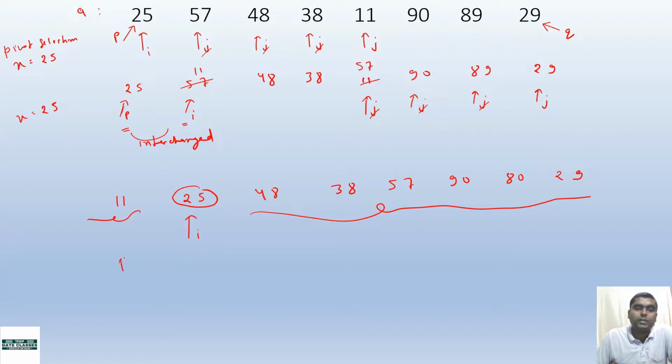So the partition algorithm will place the pivot element